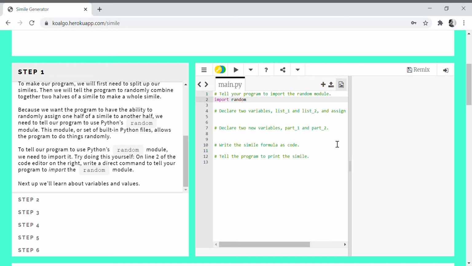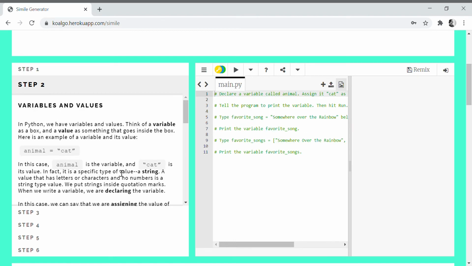And the random module is basically the set of files within Python that allows your program to do some random actions, basically. And so if we want our program to do those random actions, we have to import the random module, and we do that by just typing import random. So that's the first thing that your students are going to need to do.